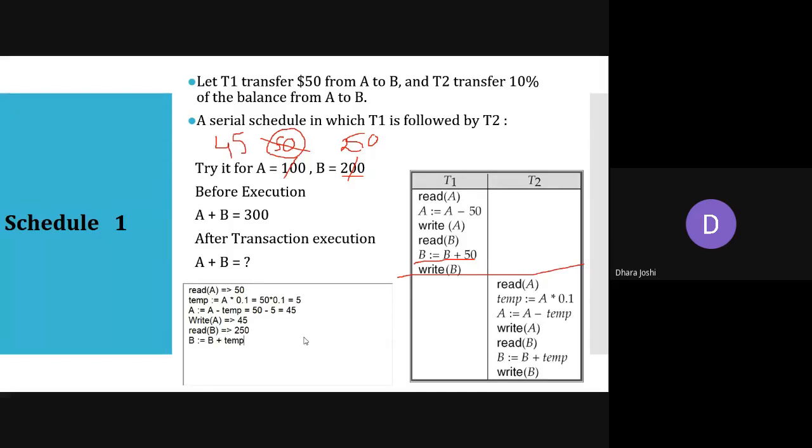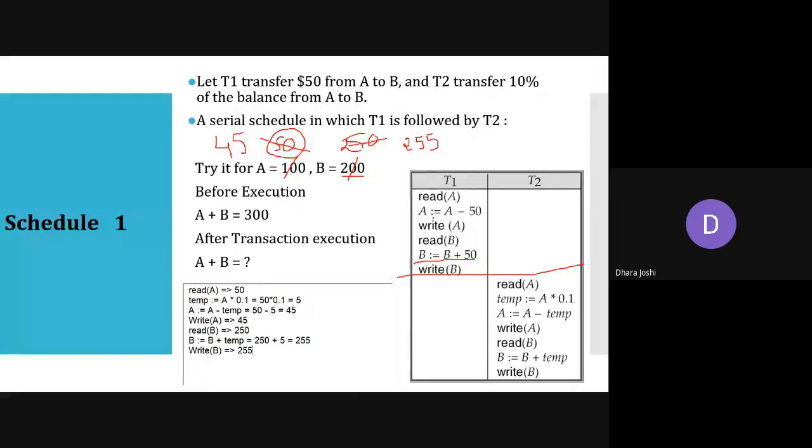That means the 10% which we deducted from A's account is to be transferred into B's account, so we are adding this temporary value to B. B's current balance is 250, and we are adding this 10%, that is 5 rupees, so now B has 255 rupees. Then we write this value into the database, that means we are writing 255 rupees.